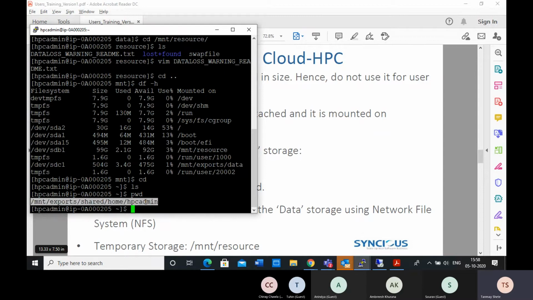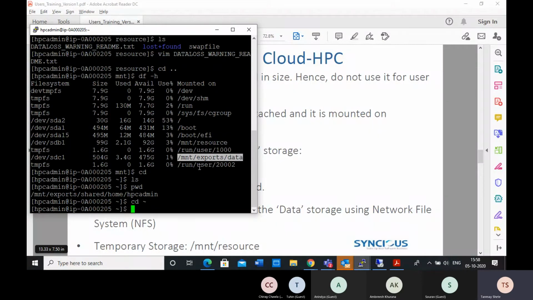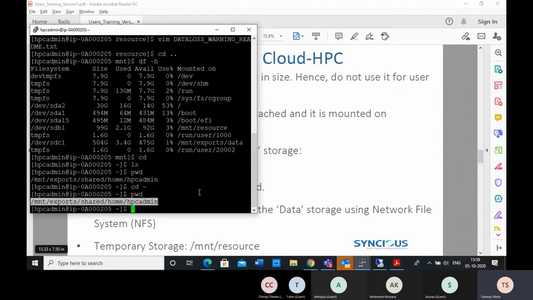So we recommend you not to use the home directory, but use /mnt/exports/data, where everybody will have their own directory and access. Please make sure you understand the difference. If I do cd and then tilde, I will go to the home directory, but I should not put a lot of data here.